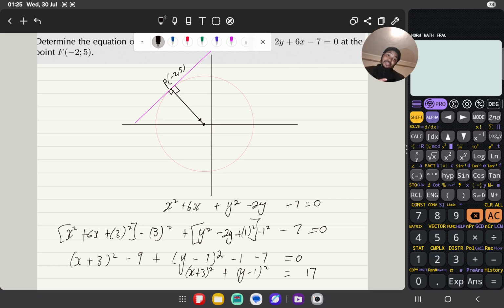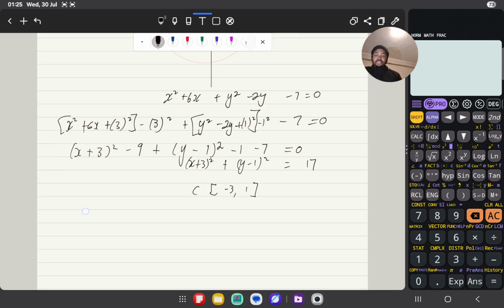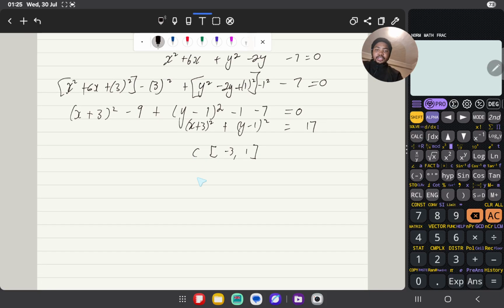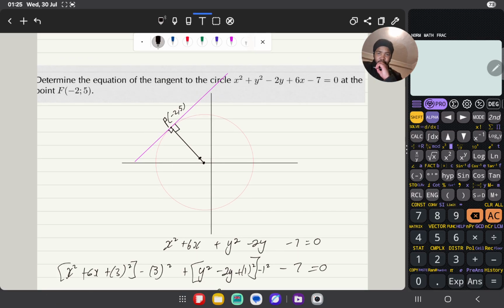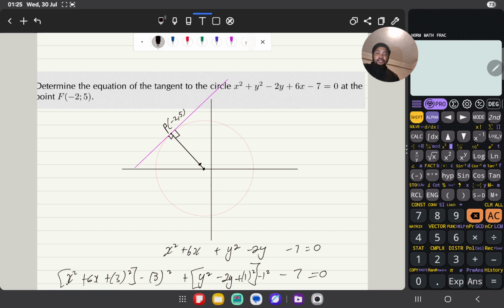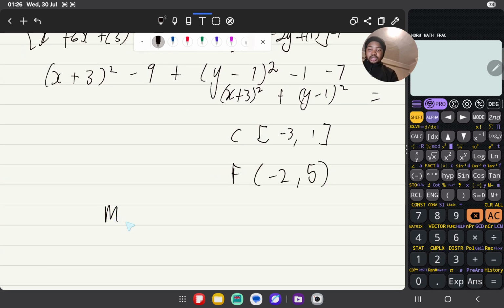After finding the radius of the tangent, I am basically done. So let me do that. We have this point and we have point F, which is minus 2 and 5. So I can then say the gradient of the radius is going to be,